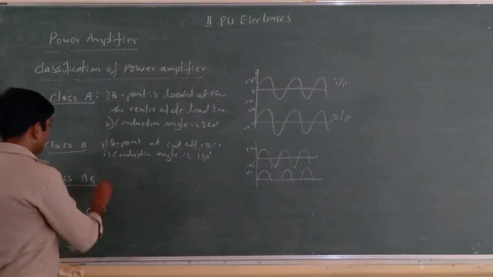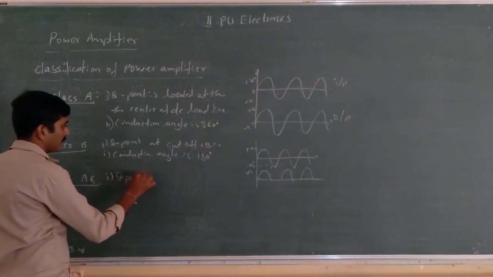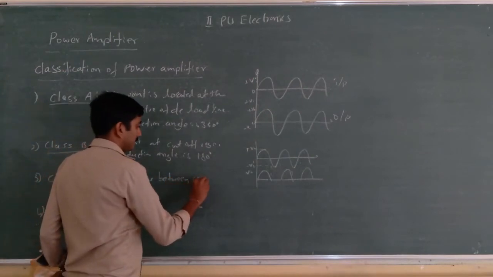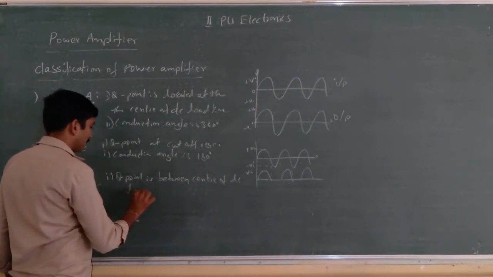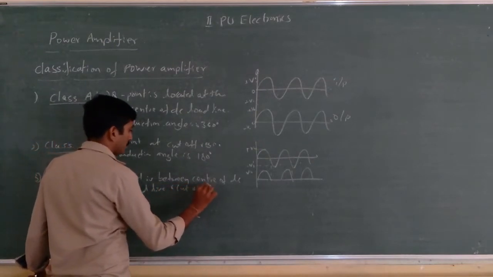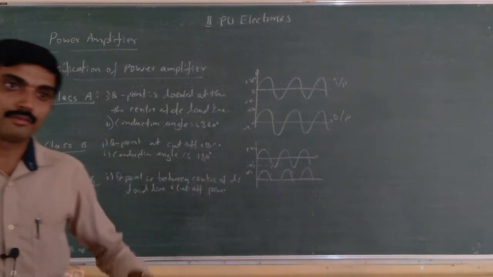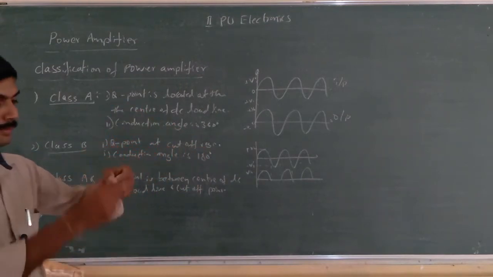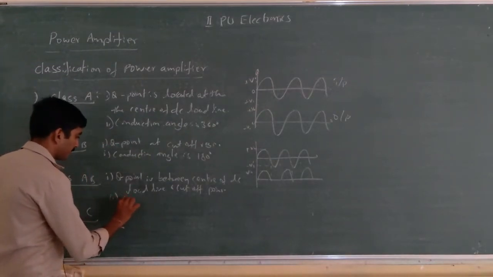Okay, and class AB amplifier. In this type, the Q point is between the center of the DC load line and the cutoff region. See, in the class AB amplifier, the Q point is located in between the center of the DC load line and the cutoff point. So in between they locate the Q point, and its conduction angle is,